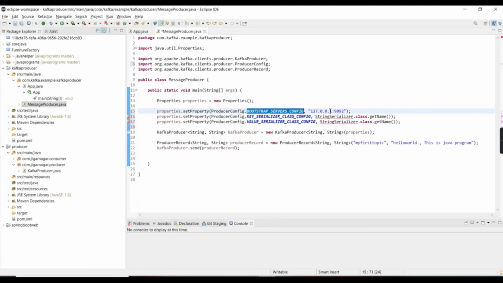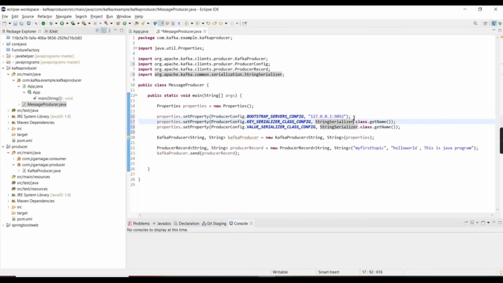So bootstrap server, here I'm giving the broker, the localhost where my broker is running on port 9092. And my key and value should be serialized, so I'm going to use the string serializer over here. Okay, so I think now we are good to send a message to Kafka. Most of the things I already did. Details I have passed, properties over there, then the producer I have explained, and then sending a message.